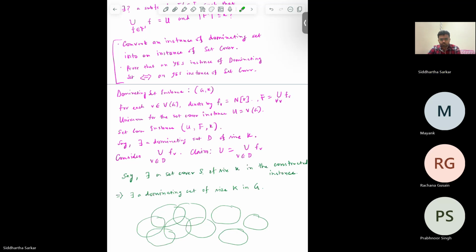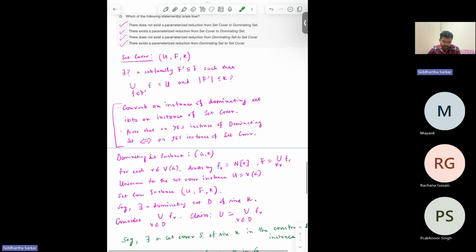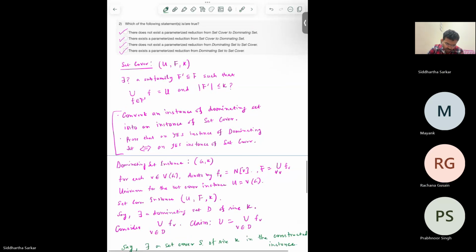All right, so one can do it more formally, but I did it like this only. But you can do it more formally. So this one is true, that there is in fact a parameterized reduction from set cover to dominating set. And we haven't seen this, we have seen only this. So from set cover to dominating set means you have to show